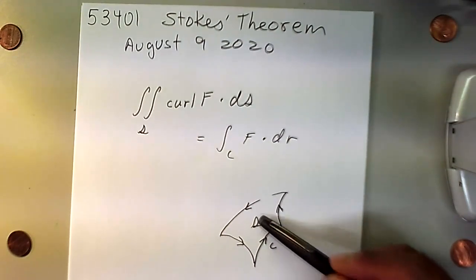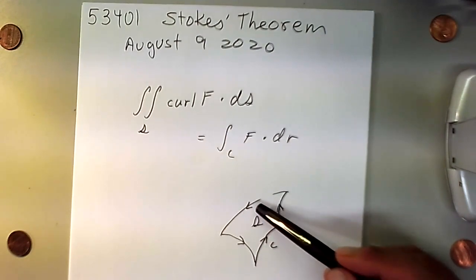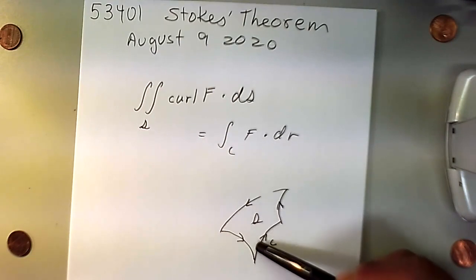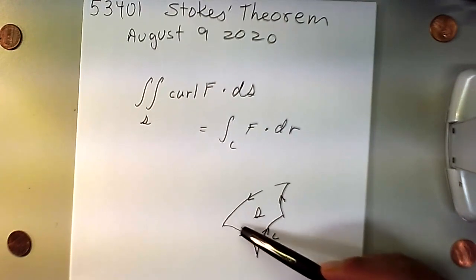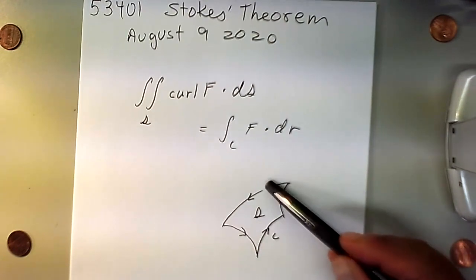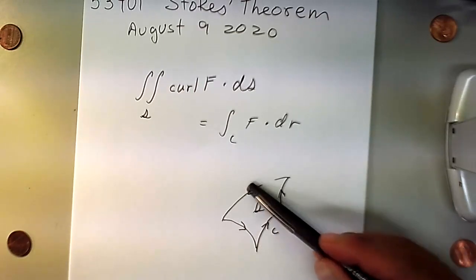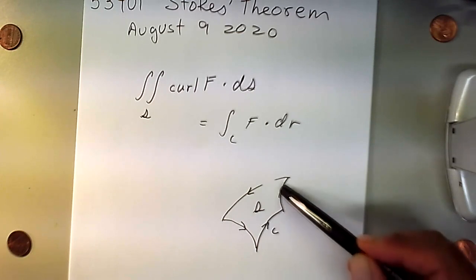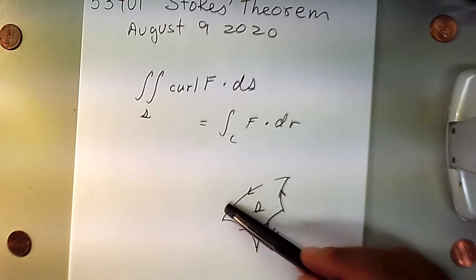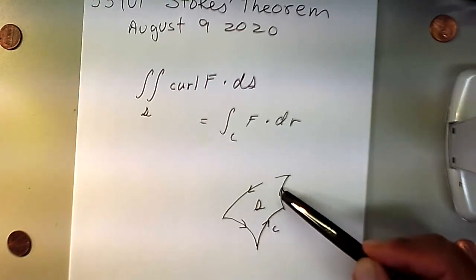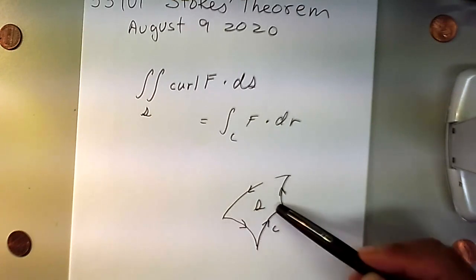So instead of integrating through the surface, which could be quite complicated, it may be easier to do a line integral over the boundary. Now, in this case, for instance, this boundary would have to be broken up into 4 boundaries. I doubt we could do this with one parametric equation for the curve. So perhaps the line integral would be more difficult